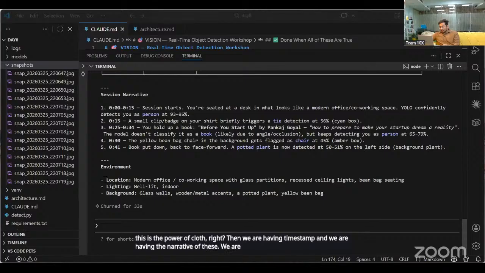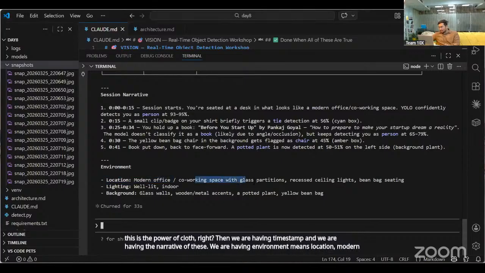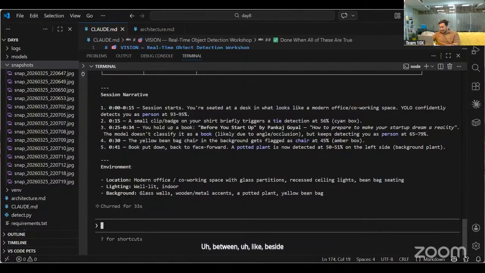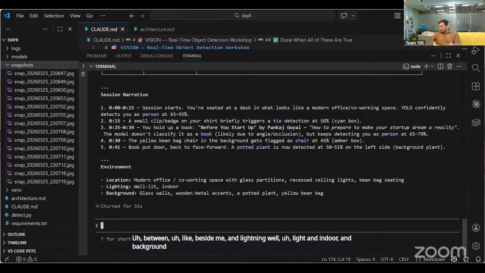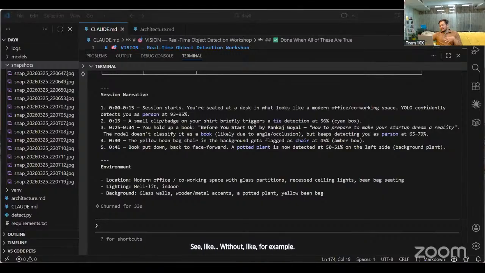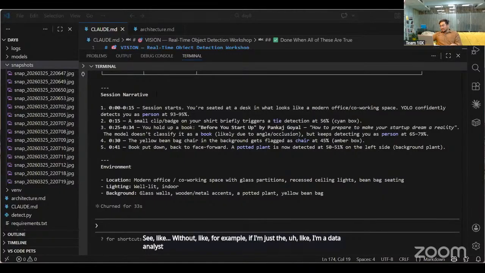We have the environment: a modern office, co-working space with glass partitions beside me, and well-lit indoor lighting. In the background, there are glass walls, a wooden and metal setup, a potted plant, and a yellow bean bag. For example, I'm a data analyst, an agentic data analyst, so